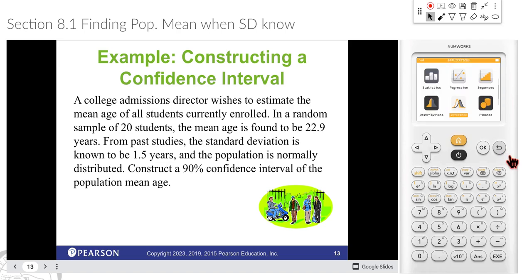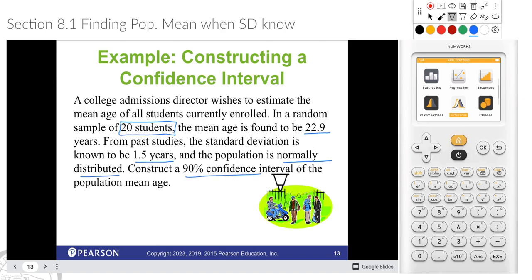And I'm going to back up to the beginning where we start with interval. So a college admissions director wishes to estimate the mean age of all students currently enrolled. In a random sample of 20 students, so this is going to be probably important, the mean age is found to be 22.9. From past studies, the standard deviation is known to be 1.5 years, and the population is normally distributed. Now remember, that is important because our sample is only 20. It's not 30 or more. So we need the population to be normally distributed, and we're told it is. We're asked to construct a 90% confidence interval,